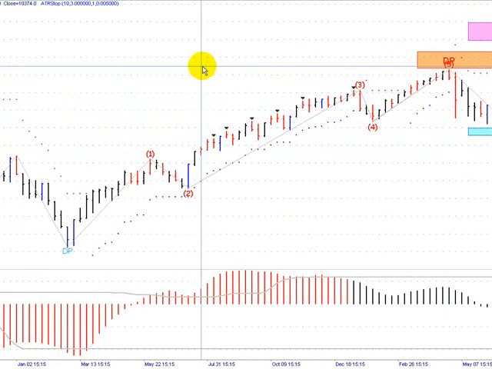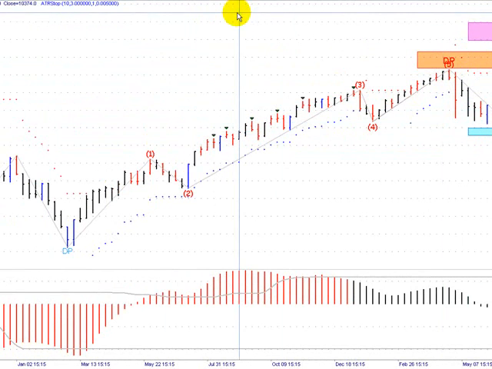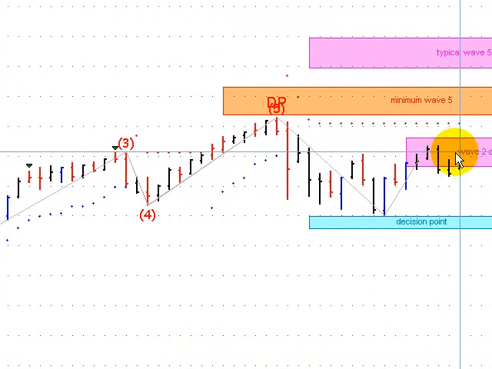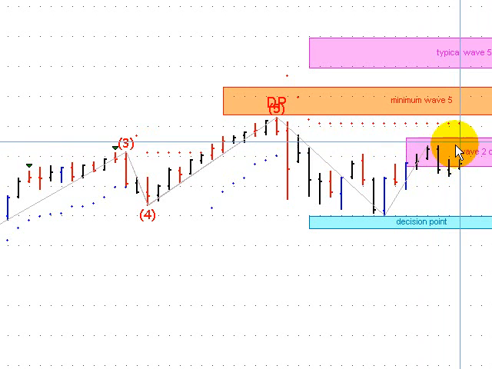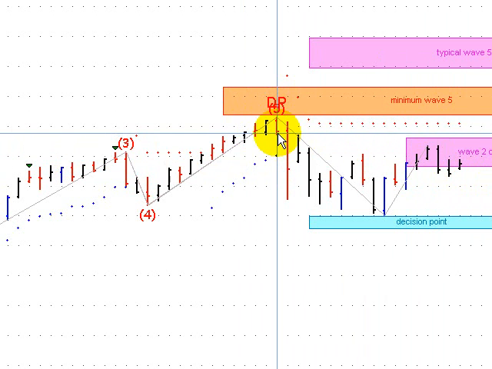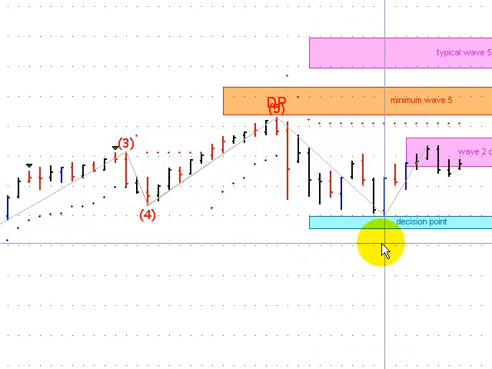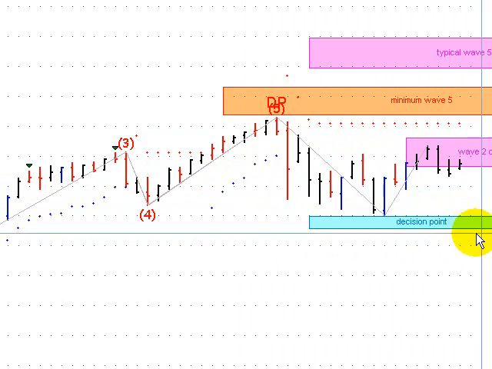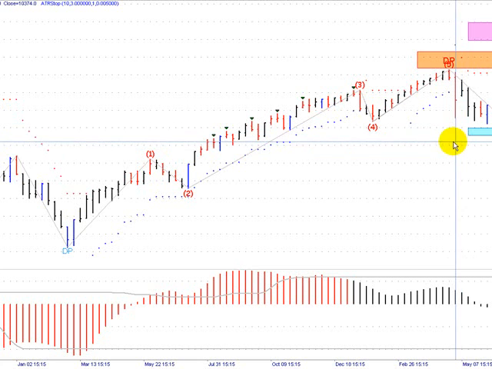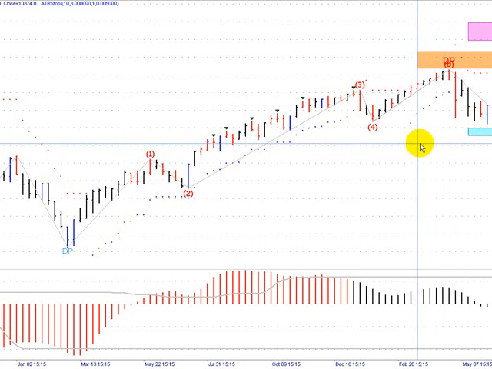Well, if I click on the last on chart here to find any current Elliott wave pattern, it tells me that perhaps we've come up now into a potential wave 2 or B resistance in here. So we're going to have to see if this area gets taken out to the upside and we test the DP area. Again, that's going to be up around 11,152 in the futures contract there, or if it's going to come back down and potentially take this decision point out, and we'll get some more downside. So we'll see what we get